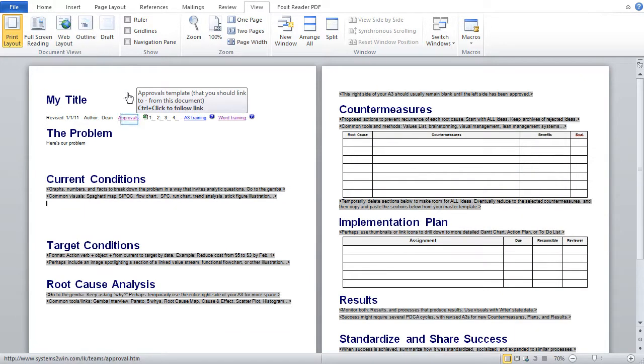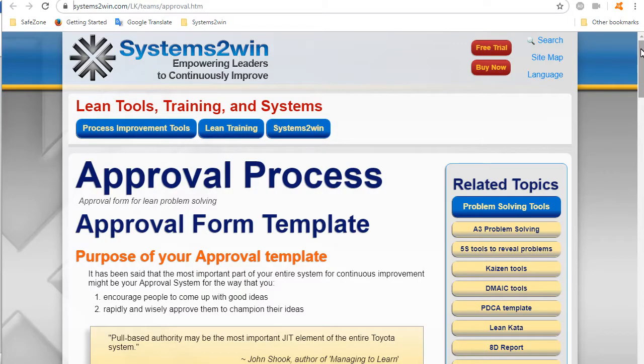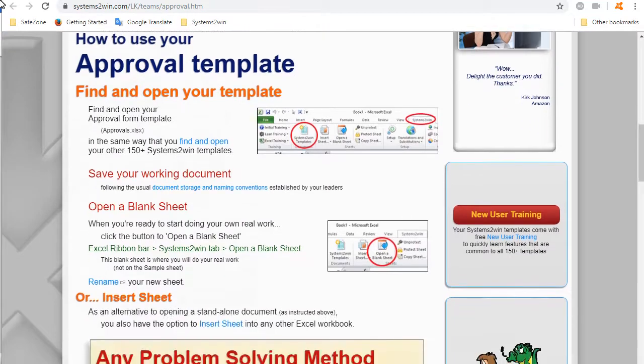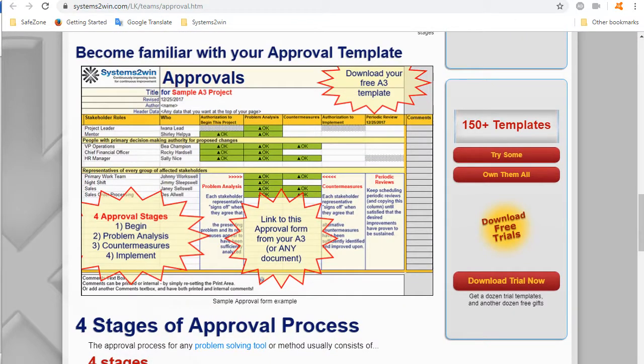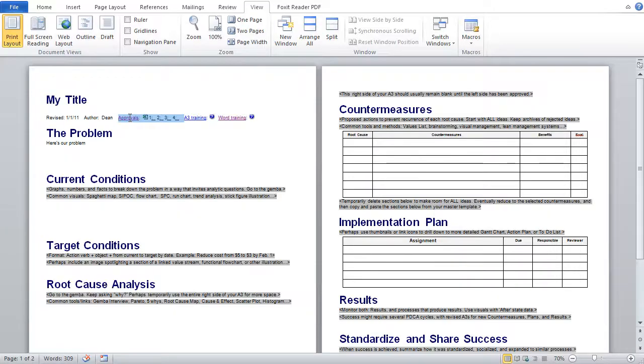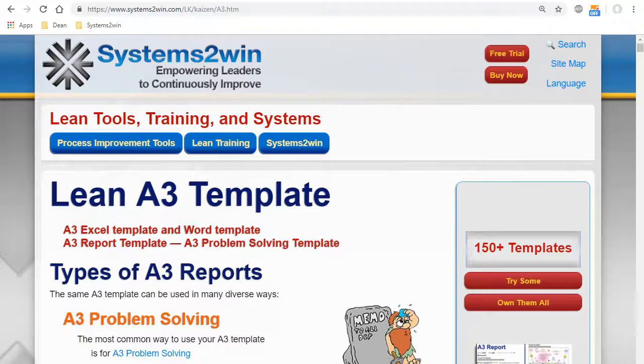Your A3 report has a link to online training for approvals that opens a training page where you can learn how to use your approvals template, which some experts believe is the single most powerful aspect of the entire A3 problem-solving methodology. But if you've got a better system, you can use your Systems to Win template to do it your way. But it would be pretty unwise to delete this link to the A3 training page,